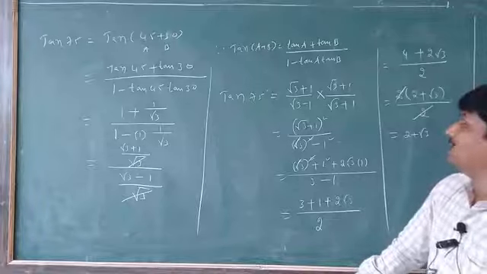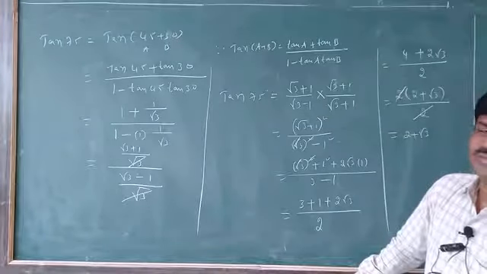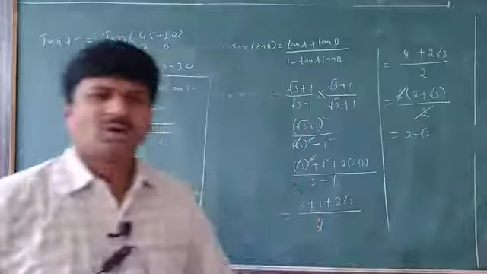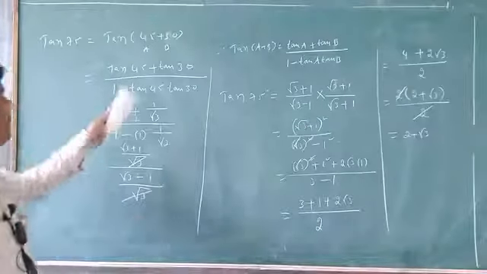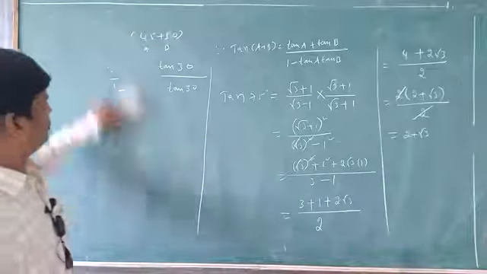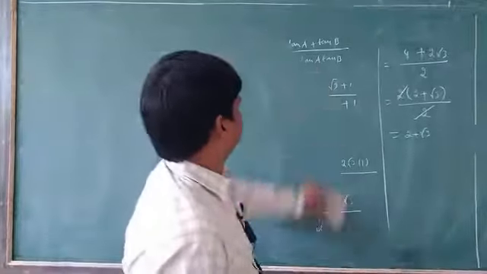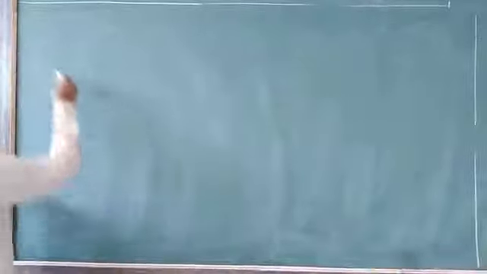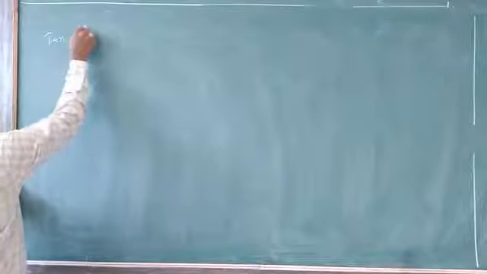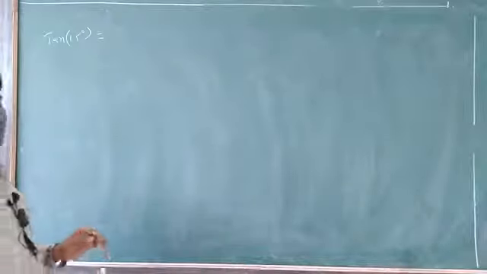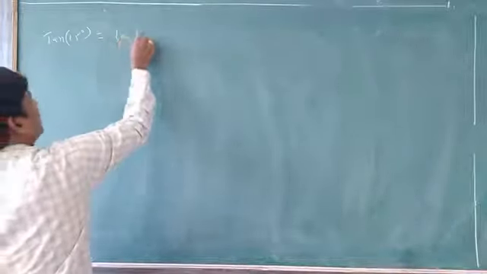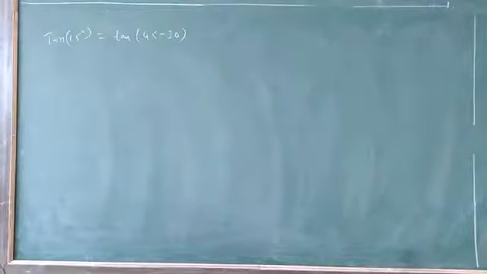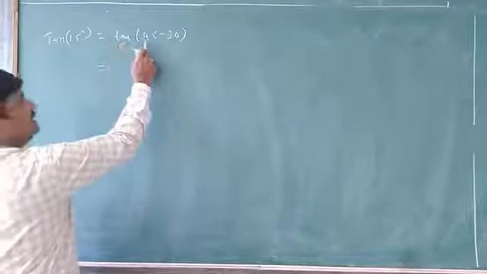Understand? So in this manner we have to find that tan 75 degrees value. Same like this, tan 15 also we have to find. Tan 15 means how can you find it? Procedure is the same. Okay, just to see, I will explain that. Tan 15. How can I write this one? Tan 45 minus 30. 45 minus 30, 15. Yes. Right.